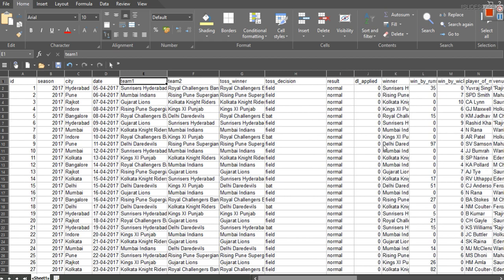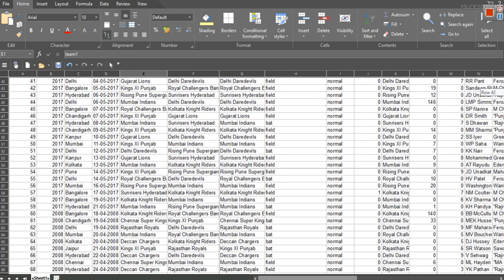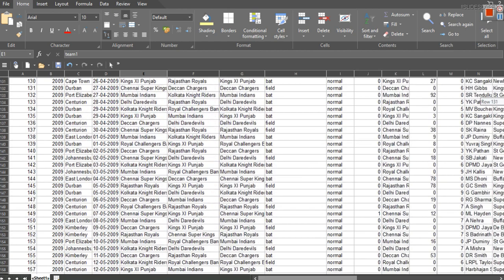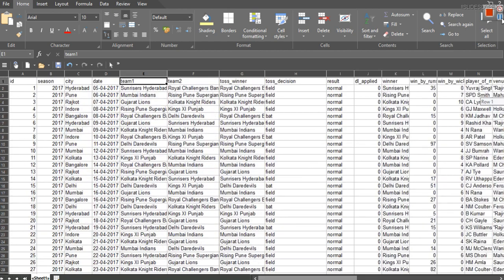What was the result, whether it was normal, or you can see we have tie also. There are various classifications in results also, and whether the Duckworth-Lewis was applied. If Duckworth-Lewis was applied, there will be one here.